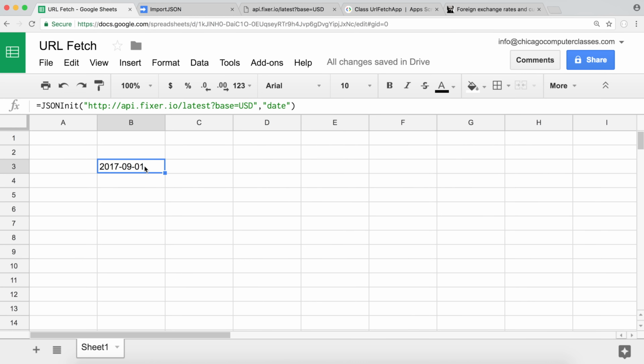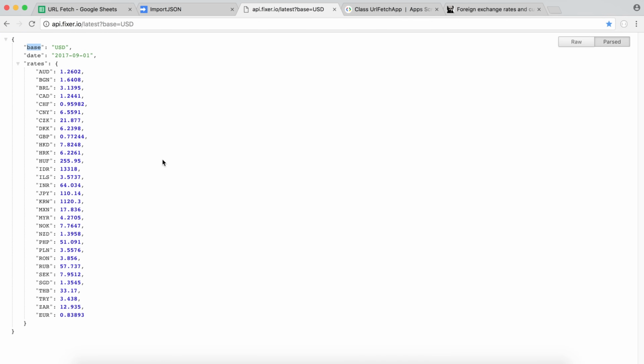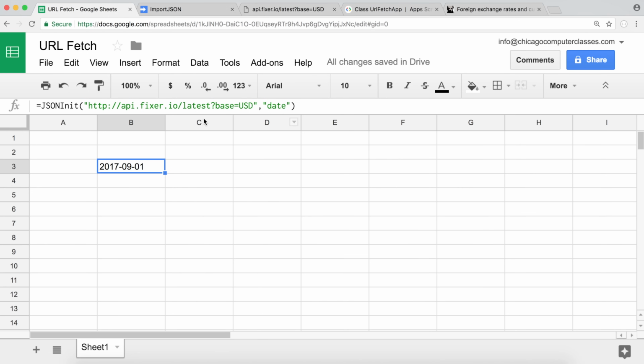So far I was able to import my data, and what I'm targeting is a single element. So I was able to target a single element here, or here, right? But I want to make this function better in a way that it can return a whole array. And what I mean by that is when the user types just rates